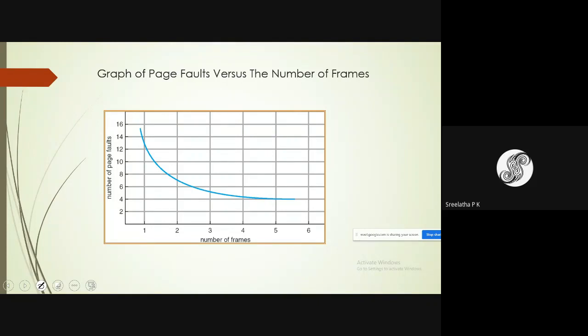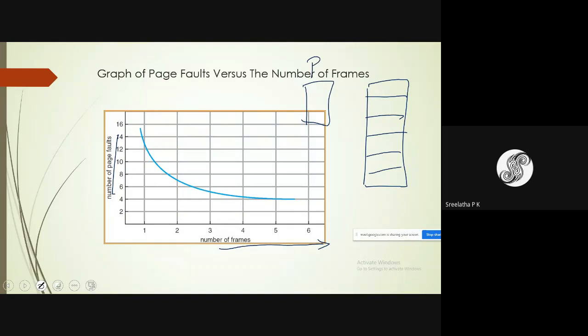As the number of frames in memory increases, there are more frames, and the number of page faults decreases. How is it? Suppose program P1 has 3 pages, 0, 1, 2.